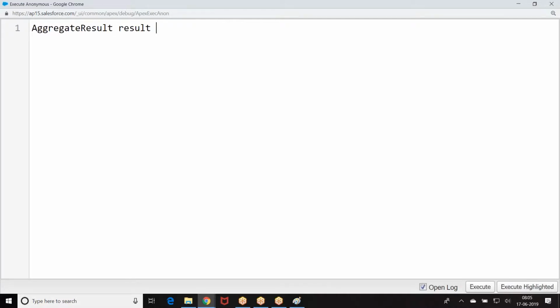Aggregate result equal to. So what is the aggregate result? It is one of the standard object.